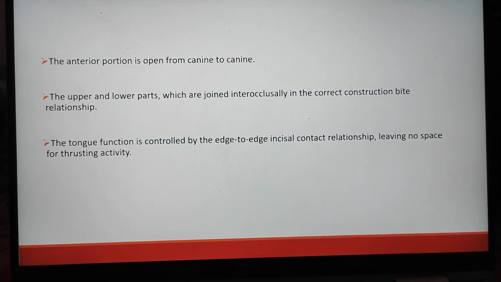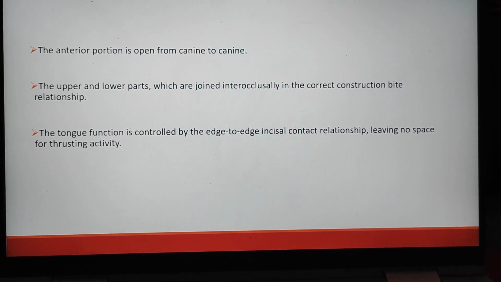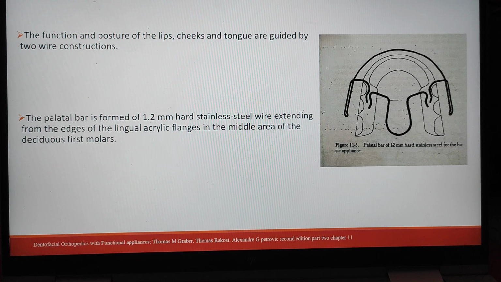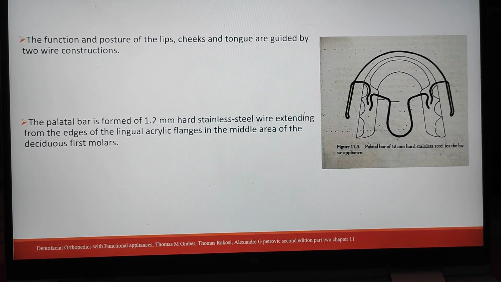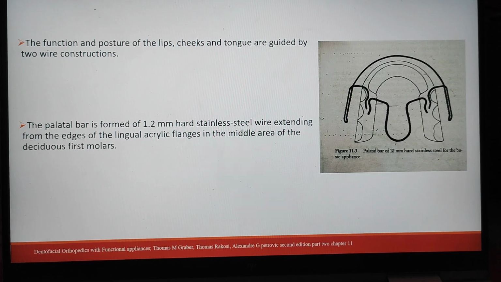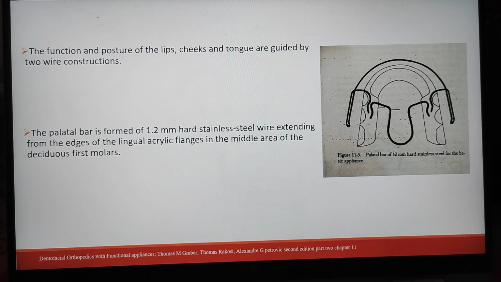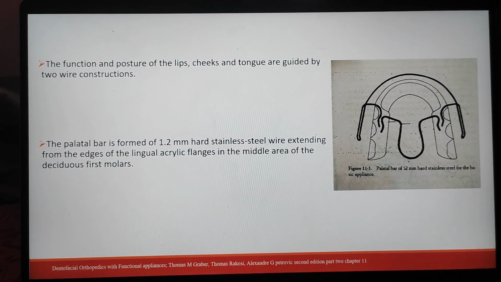The tongue function is controlled by an edge-to-edge incisal contact relationship that leaves no space for the tongue thrusting activity. Now the function and posture of the lips, cheek and tongue are guided by two wire components. The first one is the labial bow with the buccal extension, and the second one is the palatal bar. The palatal bar is made up of 1.2 mm hard stainless steel wire